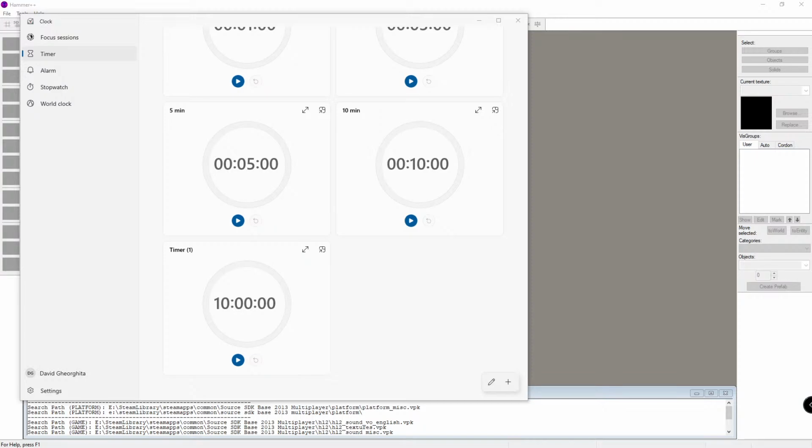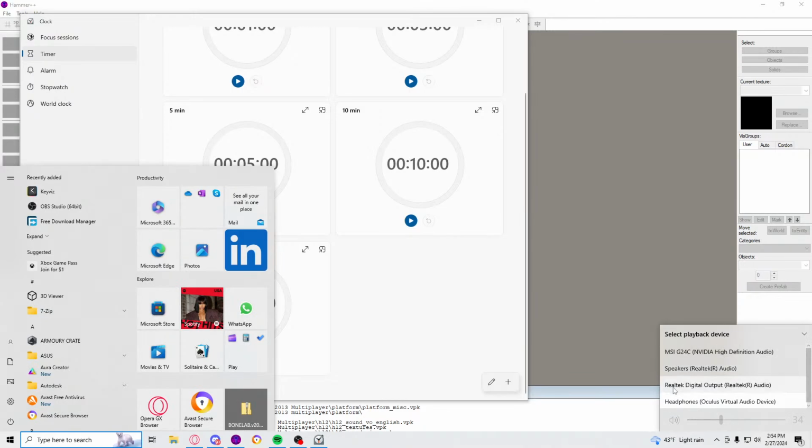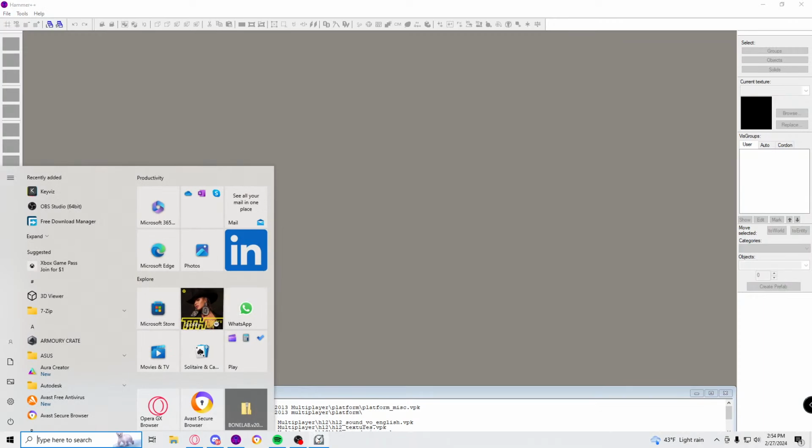Oh, I have the wrong output device set up. Testing, testing. Okay, testing, testing. Everything works just fine. Audio is okay. So let's go ahead and start the timer,